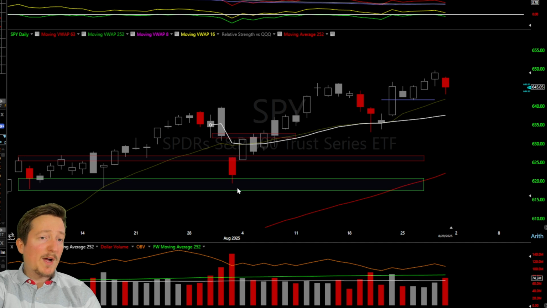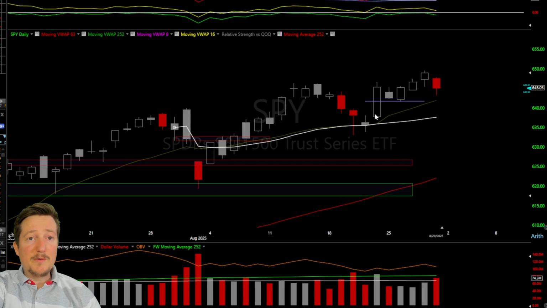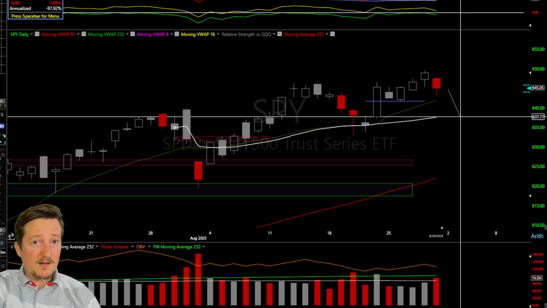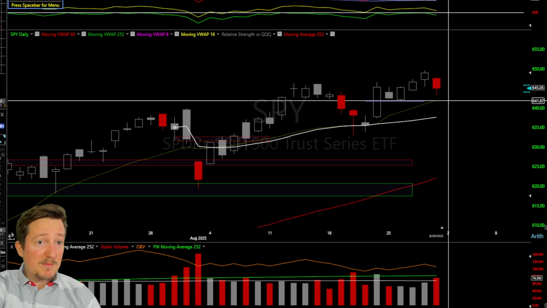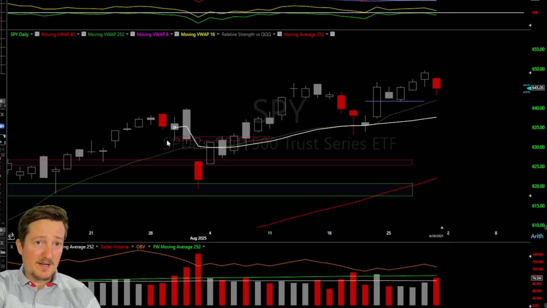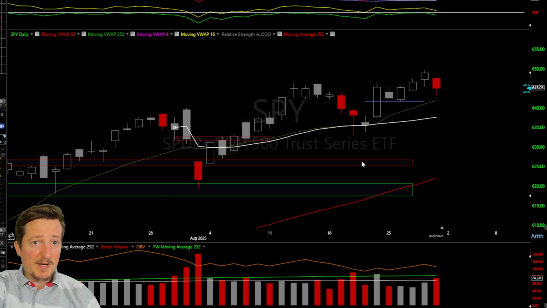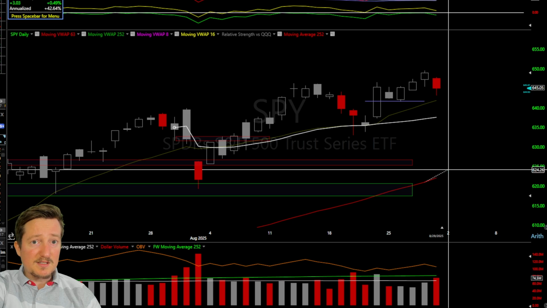Wyckoff calls it shortening of the thrust. As you can see here, this is an up wave right here and another up wave right here, and this has been weakening. So I would expect, going into September, the S&P 500 looks like it wants to pull back. And where would it pull back? First of all, it could pull back here to the 16-period moving average, maybe tomorrow, or maybe it gaps down and hits this VWAP from the Jackson Hole, the Fed meeting and the employment numbers. And then we could see it kind of pull back to this average right here.